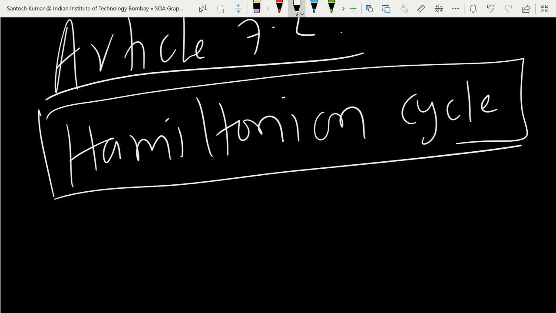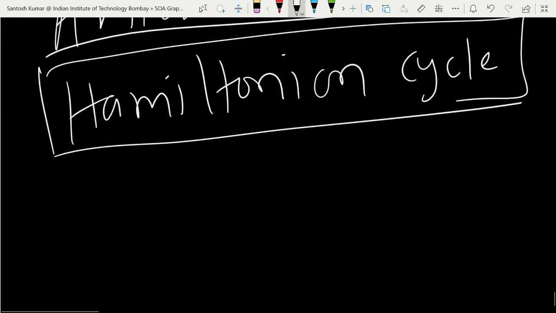You are already familiar with the Eulerian graph, right? So tell me anyone, what is an Eulerian graph? How do you define it? A graph which contains an Eulerian circuit. Yes. So what does an Eulerian circuit do? It contains all the edges of the graph, right? Yes, sir. So similar to that, in an Eulerian graph you care about edges, and in a Hamiltonian graph we will care about vertices. So this is a similar thing. We just care about vertices.